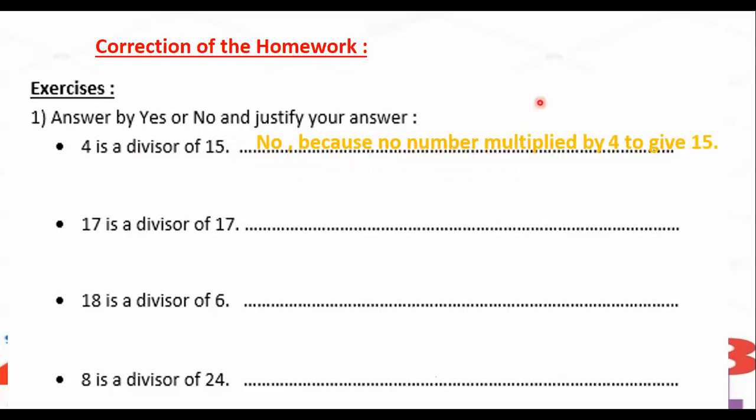multiplied by 4 gives me 15, or 4 is not in the table of multiplication of 15, or we can say that 15 is not a multiple of 4, or we can say that if I divide 15 over 4 there will be a remainder. I can't distribute 15 into 4 equal groups, there is no complete division. I can say all these ways are correct. So 4 is not a divisor of 15 because I can't find another number multiplied by 4 to give me